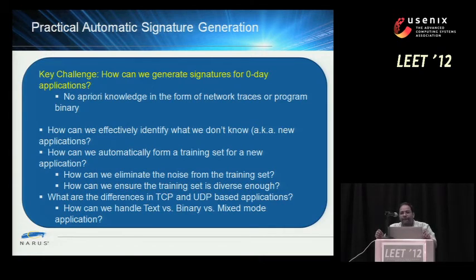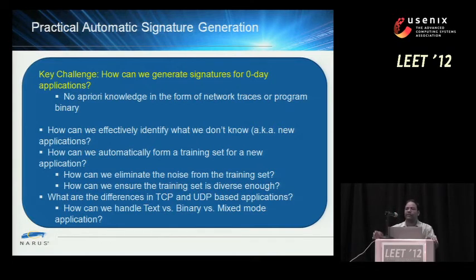Is it such a wise idea to be calling these zero-day applications, applications that you have no a priori knowledge of? That's kind of not really appropriate. It gives the connotation that there's something malicious with the application. Oh, okay. So this is not related to maliciousness of the apps. It's more to do with the fact that we don't have any information about it, and we want to identify the apps as soon as we start seeing their traces in the real-world traffic.